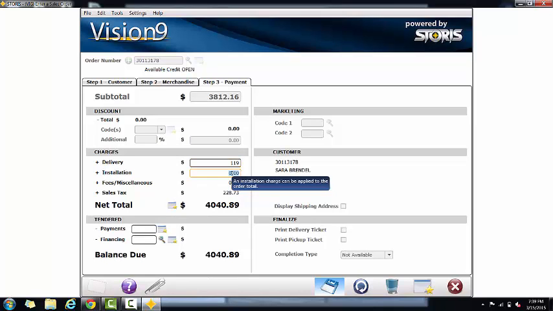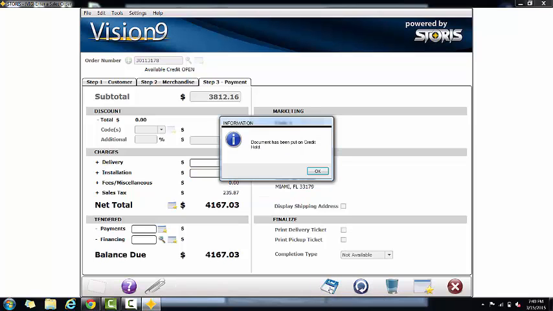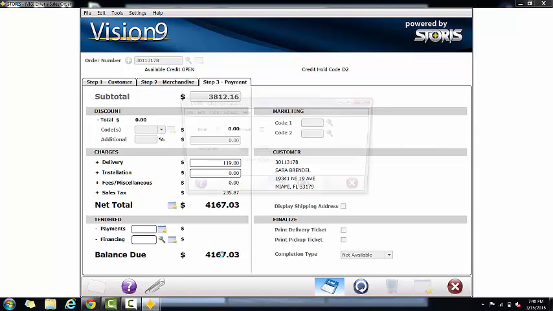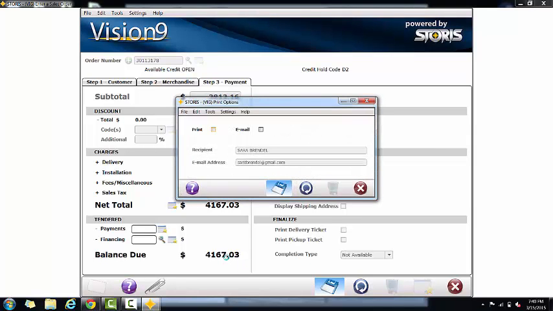Delivery is 119. Total 4167.03. The document again is put in credit hold because there is a balance. The warehouse will not ship this out for final delivery to the customer till that balance is